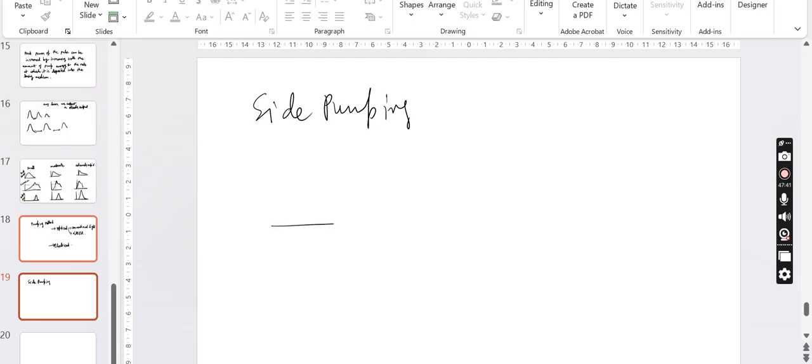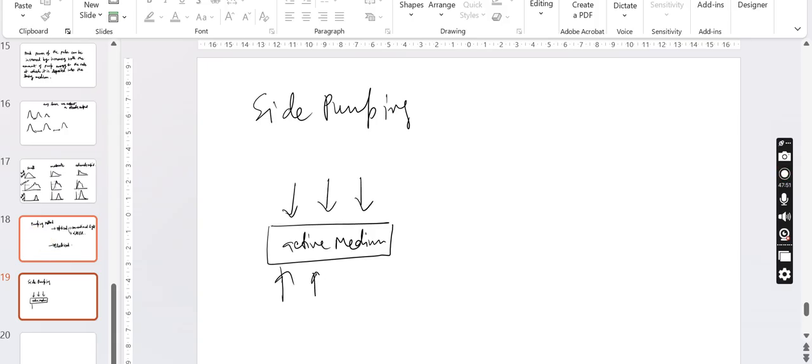So in this case, the active medium is here, and the pump power can interact with the active medium naturally. So in this case, current flows transversely,